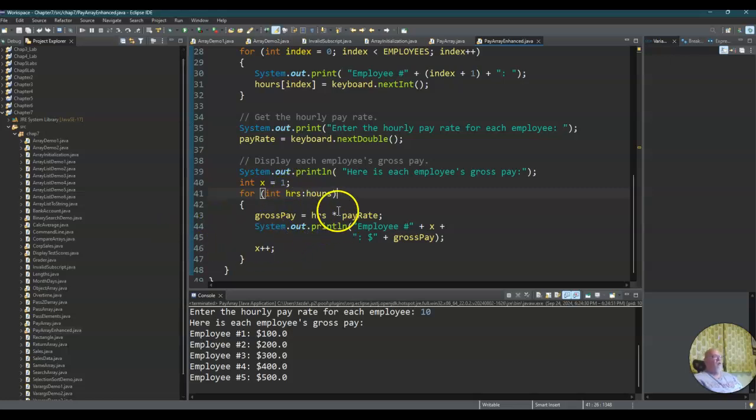As you notice, when I'm using hours up here, I'm not using an index, I'm not using a subscript, I'm just saying hours, because the enhanced for loop grabs each element one at a time and throws it into this variable hours. So every time it executes line 43, it's taking the next element in the array, until there are no more elements, then it drops out of the for loop. So if we run this,